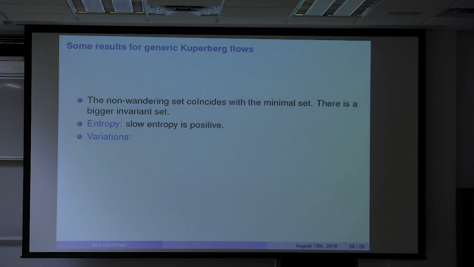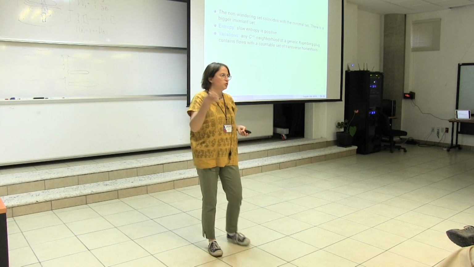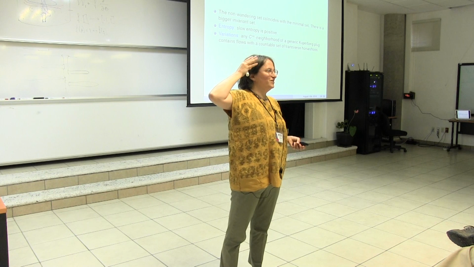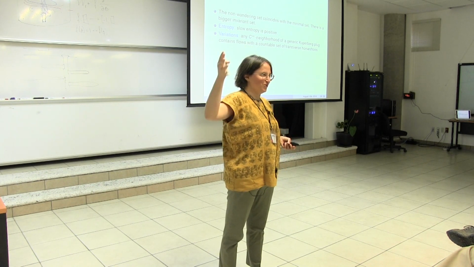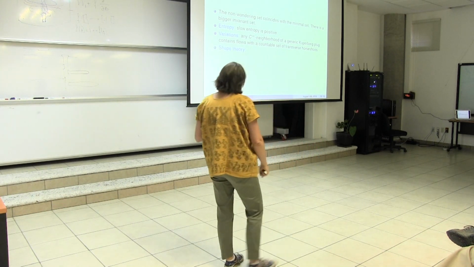You could wonder what happens in a neighborhood of this vector field. These are very unstable examples. You can wonder what happens in a C1 neighborhood, a C infinity neighborhood, etc. What we proved is that if you take any C infinity neighborhood of this flow, you have not only one horseshoe, but a countable set of horseshoes. So you have a huge number of periodic orbits. And finally,